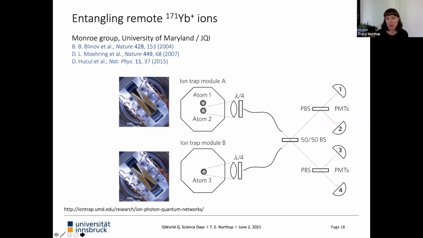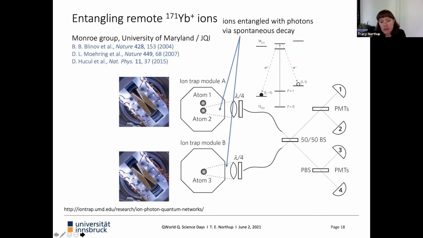So I'd like to step you through the key concept there using this image from the third paper that I've listed, the 2015 Nature Physics paper, which was the most recent version of that experiment. So here's the concept. You should picture that there are two ion traps, and this is a picture from the Monroe group of the kind of traps that they're using. Again, it looks like one of those things from the zoo of traps that I showed you earlier. And then you can picture that in one of the traps there are two ions, and in the other trap there's just one. These are the ones labeled A and B.